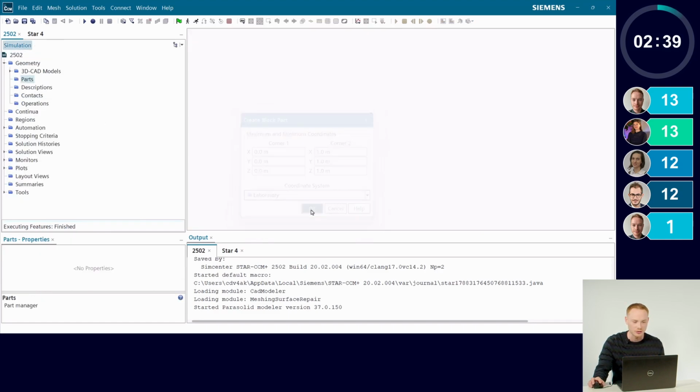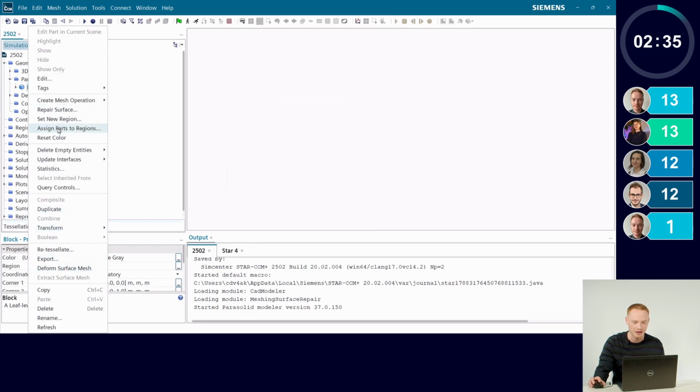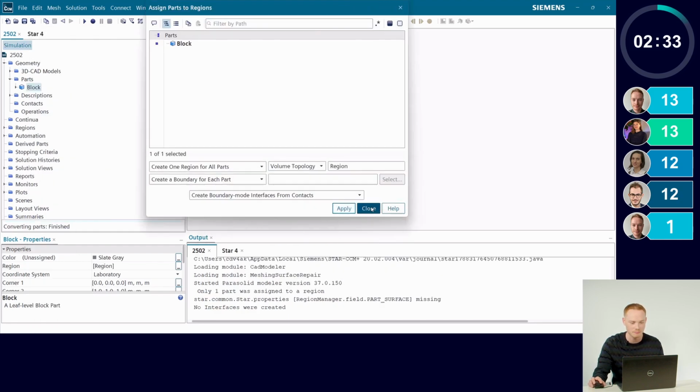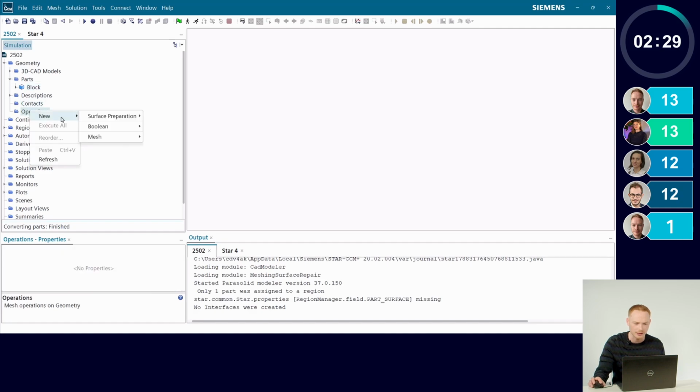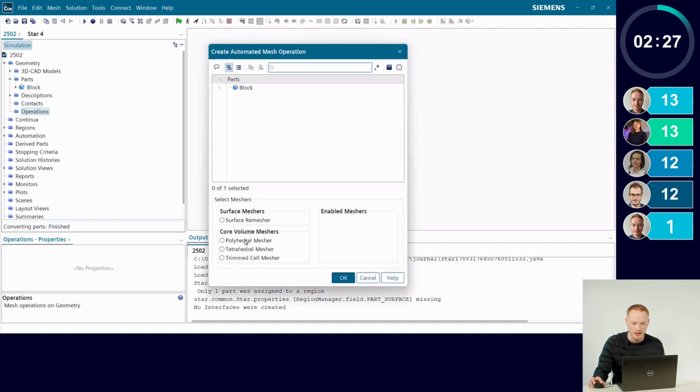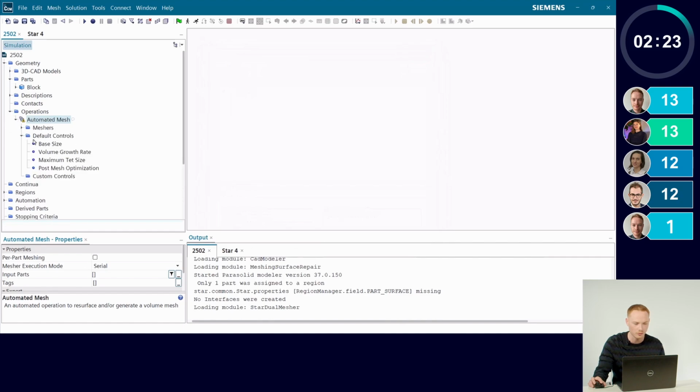Now I'm just going to do a little bit of background work here. Just get my simulation nicely set up with a few pieces. I've made a block, I've made a region, I made a kind of mesh operation here, and this is going to show two new features. So first of all, volume growth rate can be parameterized, and second of all, you can see the naming convention for multiple parameters has been improved.